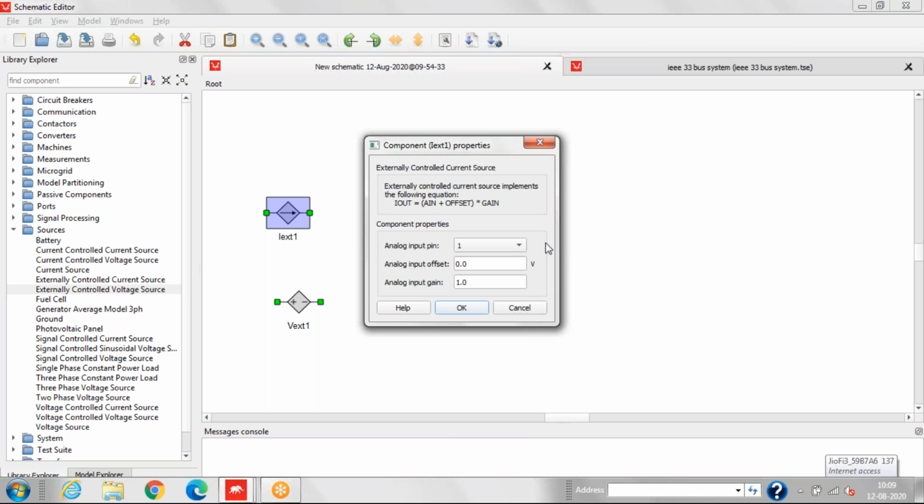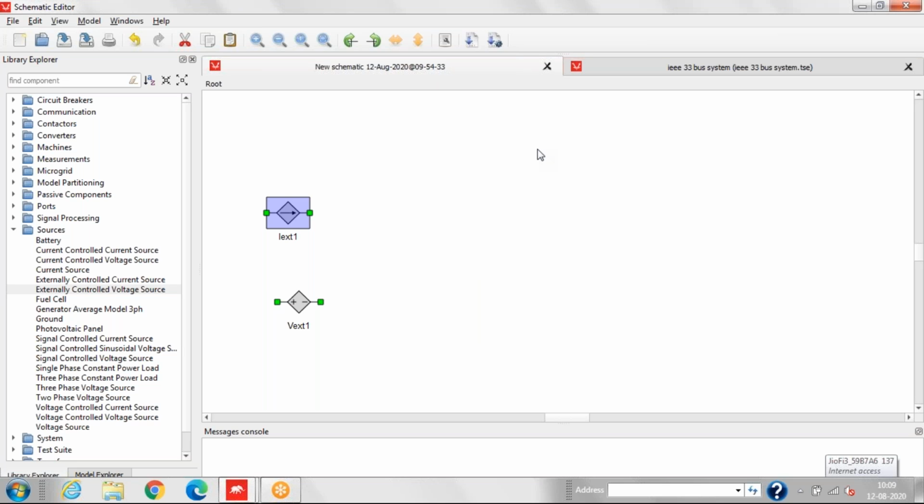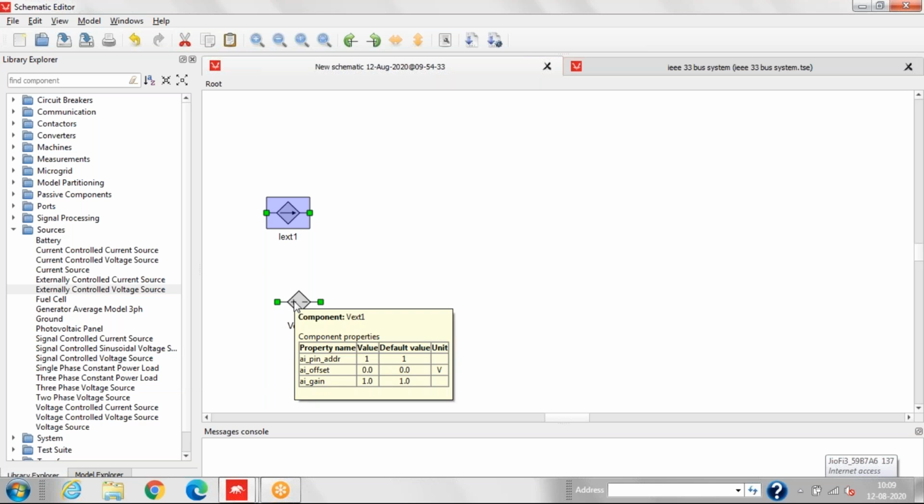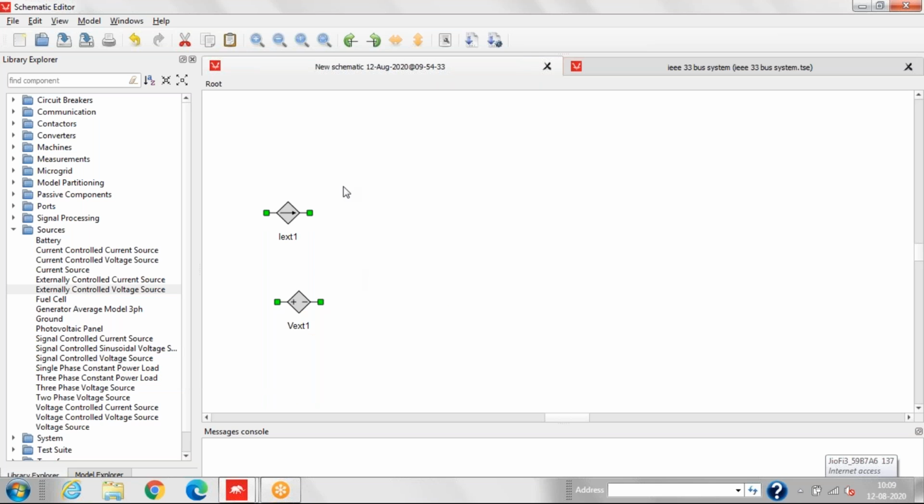So we can supply the source from outside. Typhoon HIL is not designed only for simulation, it is designed for real-time simulation. We can perform real-time as well as hardware-in-the-loop simulation, every type of simulation here. According to that, the sources are given so that you can connect and control your source.